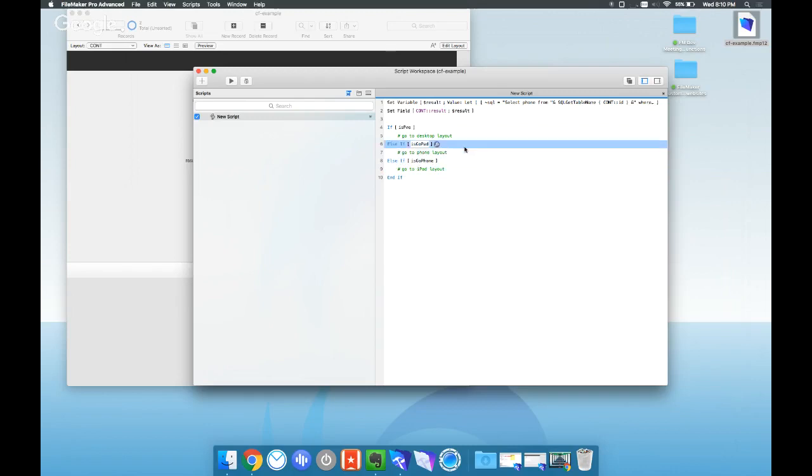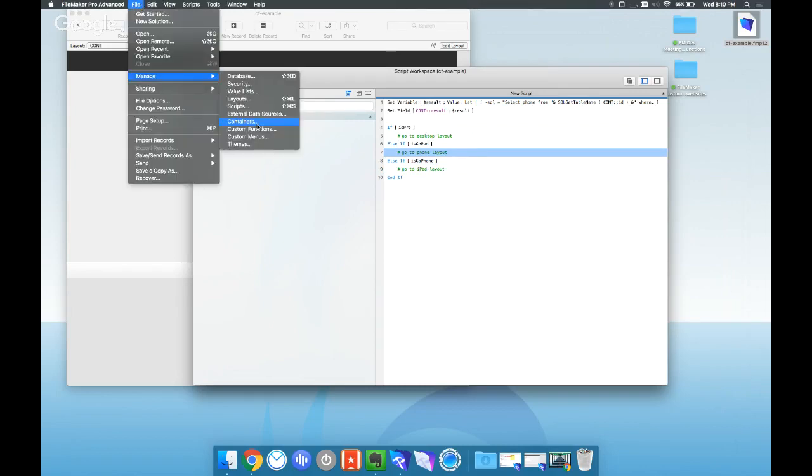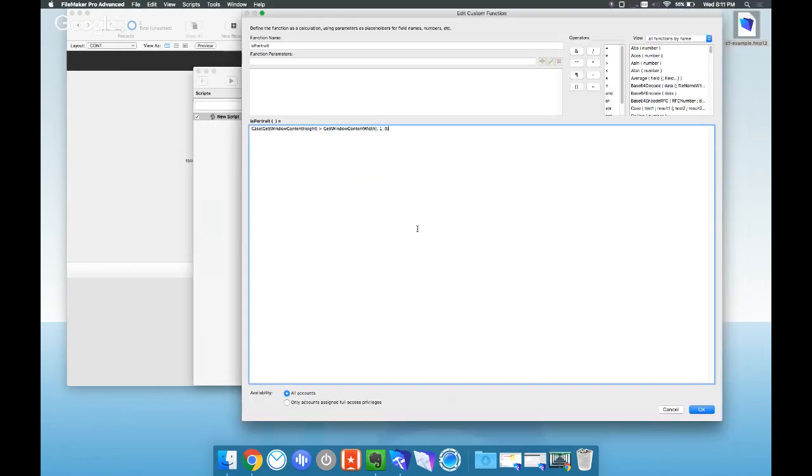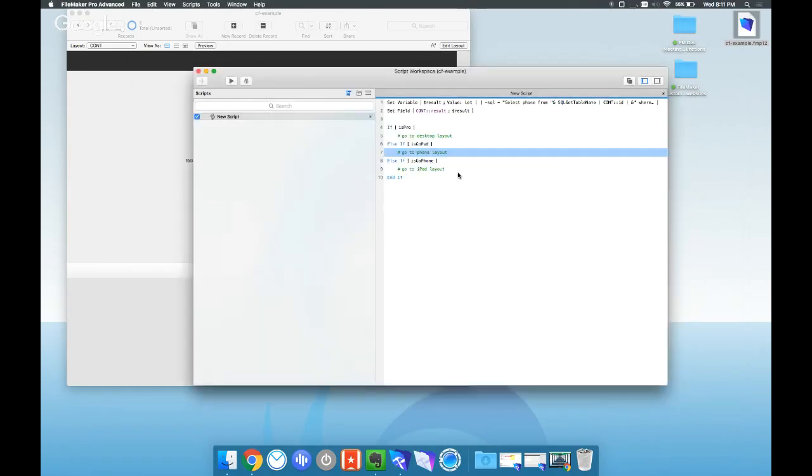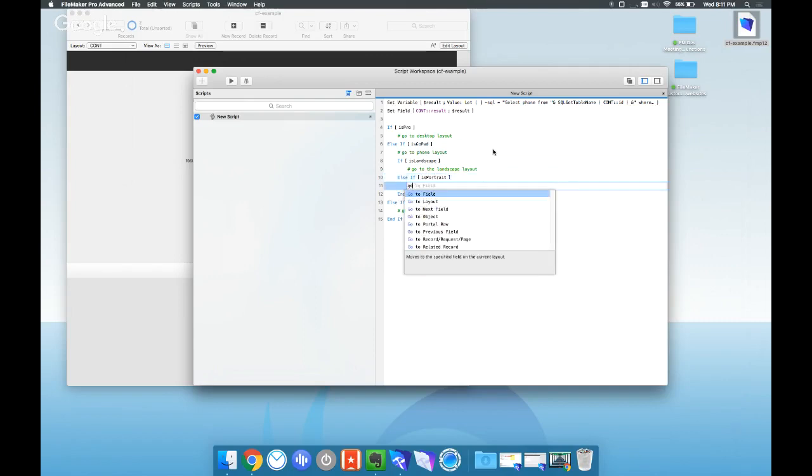Similarly, if you are using phone or tablet here, and you want to do a different layout for portrait view versus landscape, I've got a series of custom functions that are very useful for that. Let's pull this up. Is portrait and is landscape check the ratio of the window height to the window width. So again, if we're here on the iPad and we're going to do different layouts for portrait versus landscape, we can say in here, if is landscape, go to the landscape layout. Else, obviously we can just say else because it's not landscape, it's portrait, right? But I'll put it in here anyway. Is portrait, go to